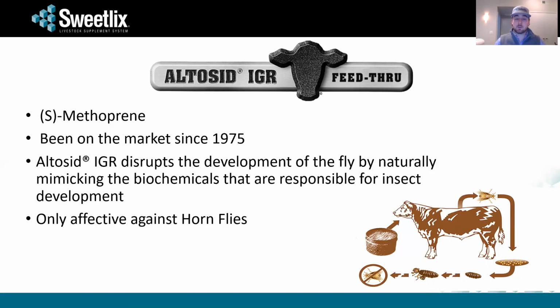So the way it works is that the cattle consume it through the supplement, whether that's tubs, loose mineral, or a press block. It passes through their digestive tract and is excreted into the manure. Flies lay their eggs that mature into larvae in the manure, and once the larvae start consuming the manure that's treated with the Alticid, the IGR mimics the hormone that's responsible for the growth and the maturity of that larva into an adult fly, and basically reverses it. Instead of it inhibiting the growth of that fly, it prevents the fly from maturing,